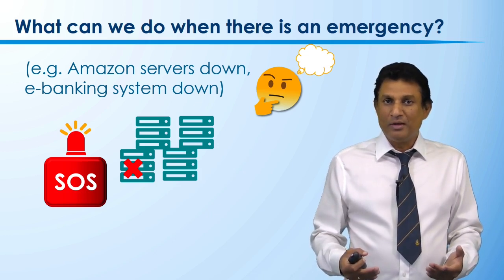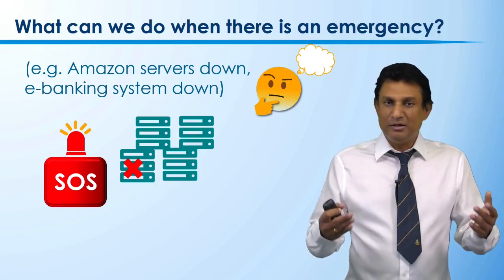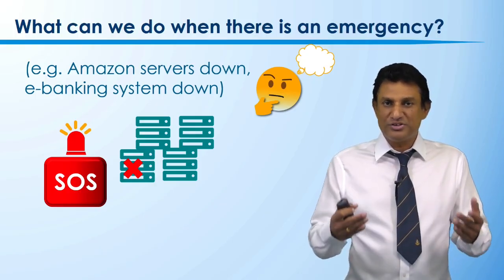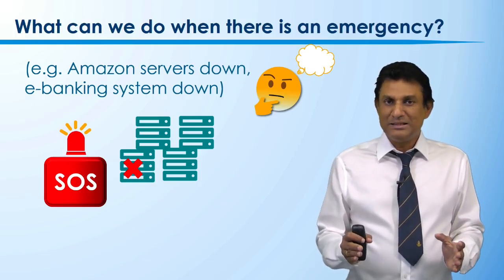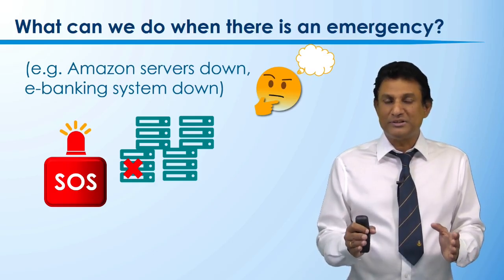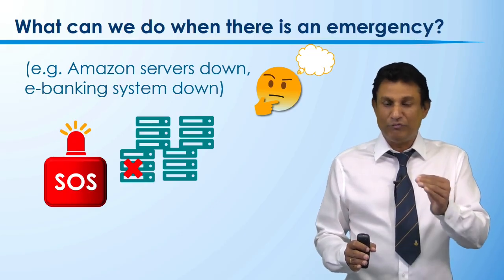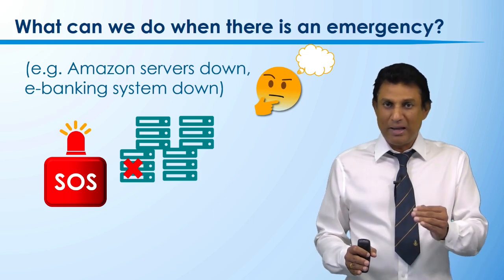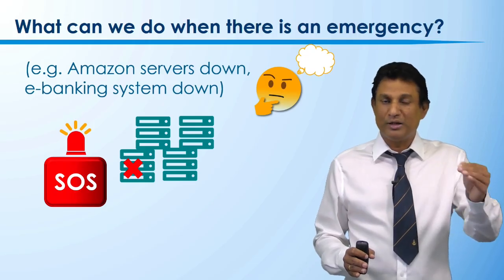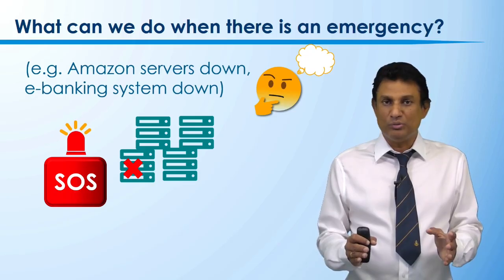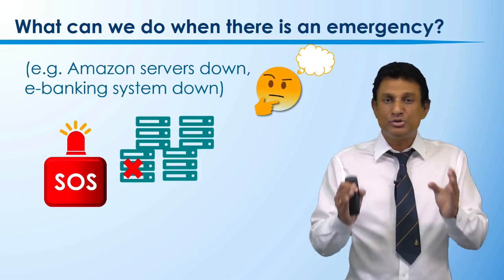So in this situation, if you go back to our normal procedure and find the approval and do the testing, it takes a very long time to fix it. In this case we have to fix it as soon as possible because it's an emergency. Every second the system is down is definitely an issue for the organization, for the bank, for Amazon, as well as for the regulators. So we don't have time to go through the normal procedure. We should fix the issue as soon as possible.